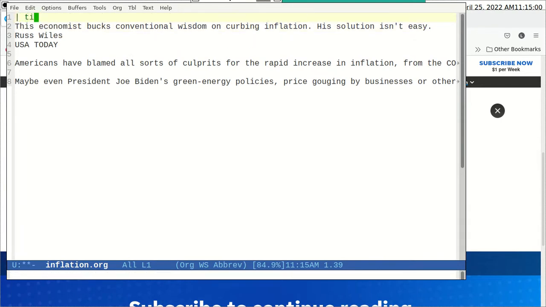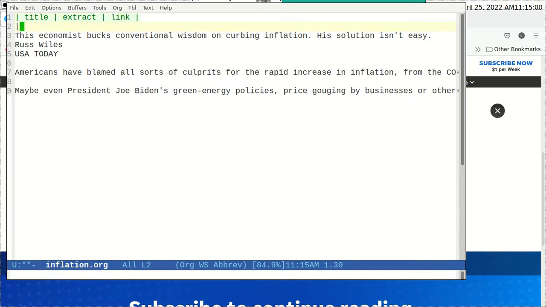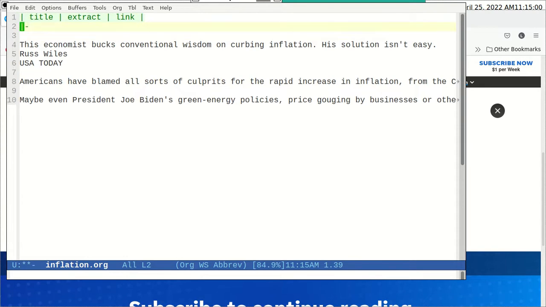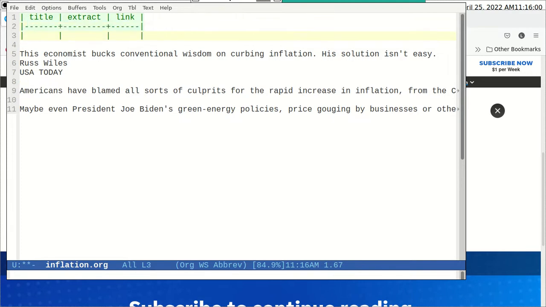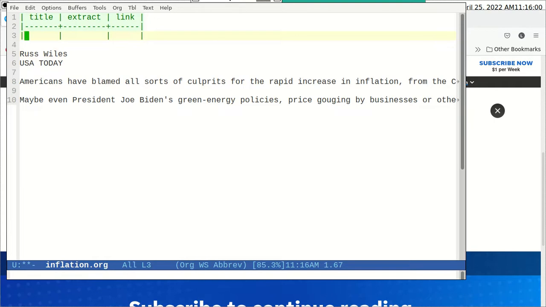Save it as Org. Then I produce it. Title. Extract. Link. I just copy this.